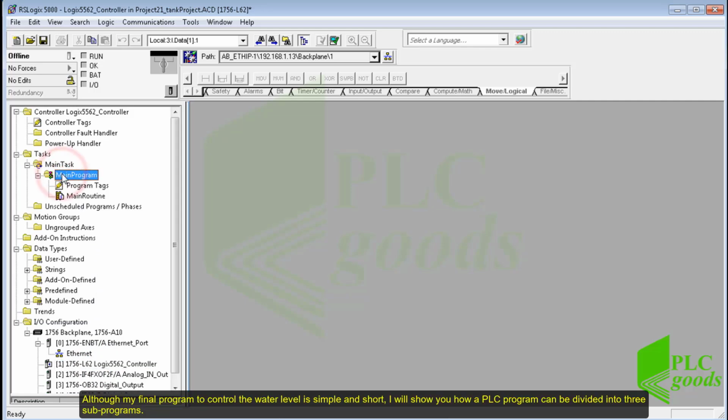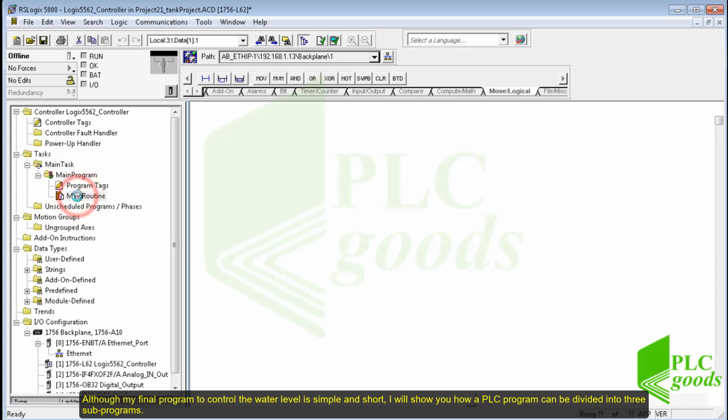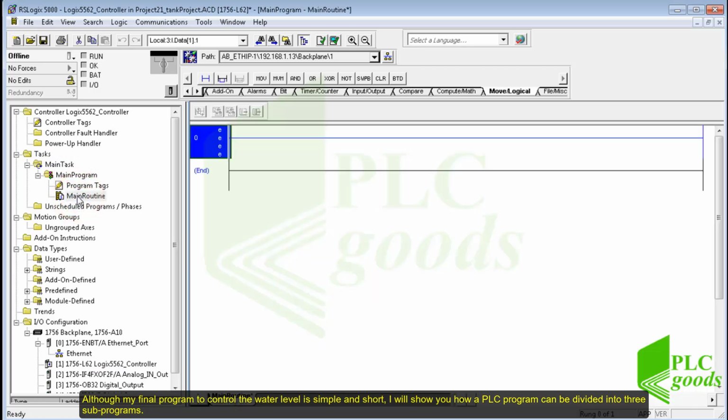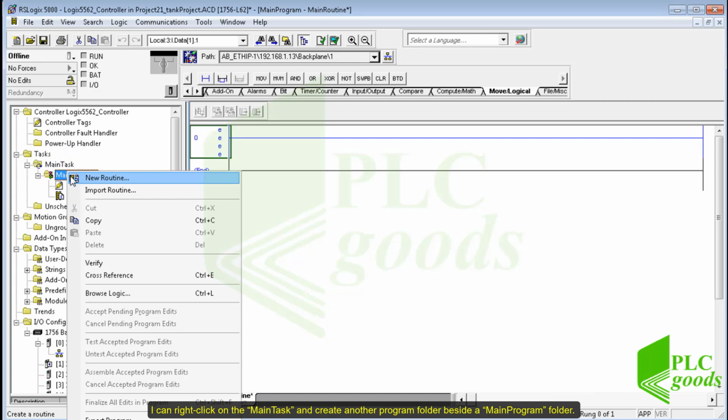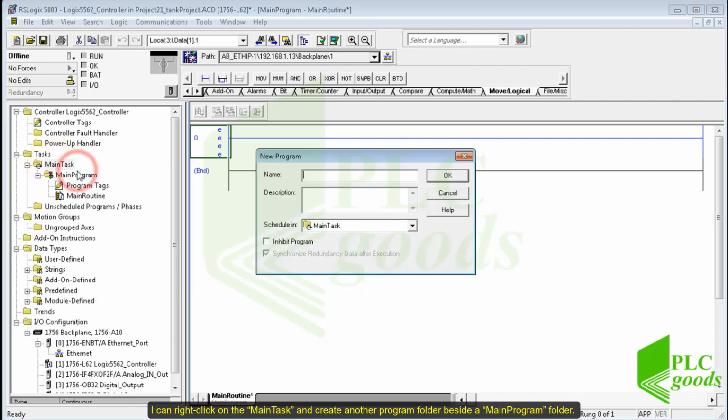Although my final program to control the water level is simple and short, I will show you how a PLC program can be divided into three subprograms. This method is very useful to write long and complex programs for several systems. Up until now, we were writing our programs inside the main routine which belongs to the main program folder. I can right-click on the main task and create another program folder beside a